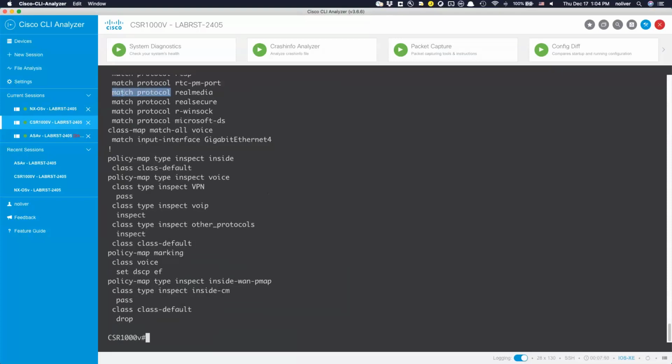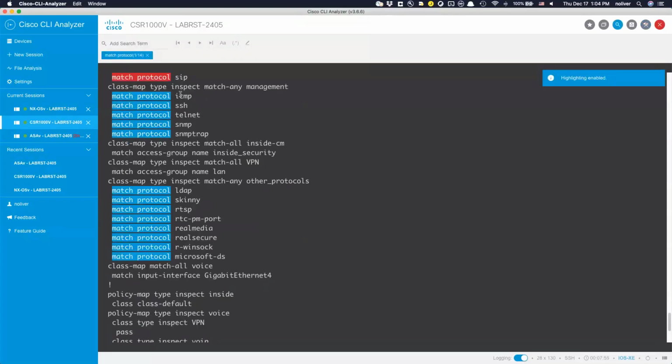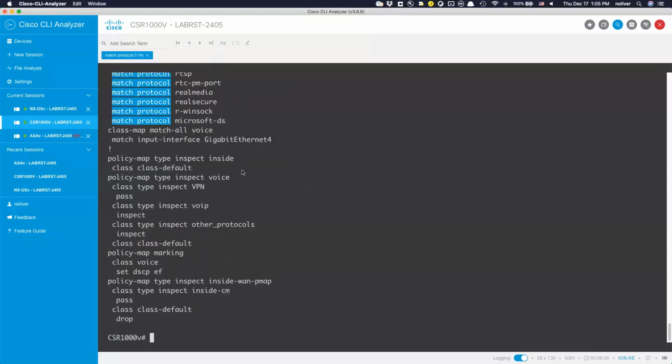I can highlight this, and I can add this as a search term in the terminal itself. And so now, in blue, everywhere that I have match protocol is highlighted. Magnus mentioned that this option will provide you the ability to put in a regex as well. And so maybe there's a